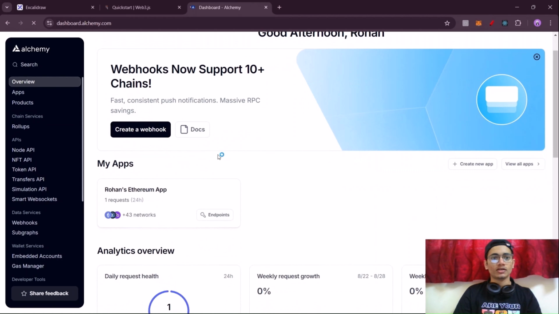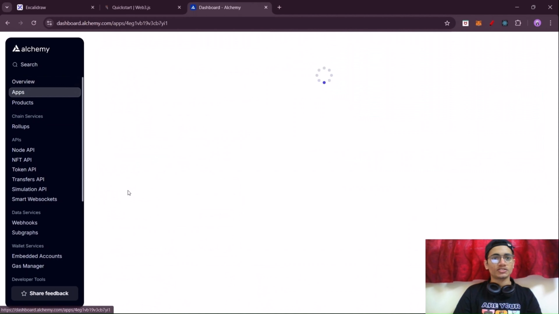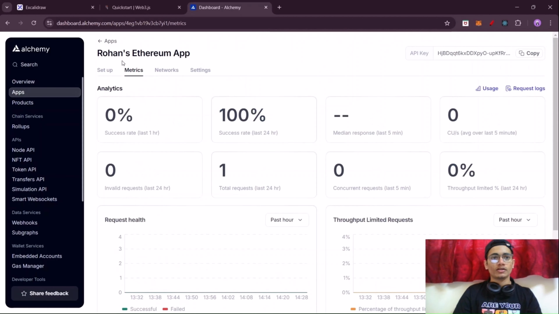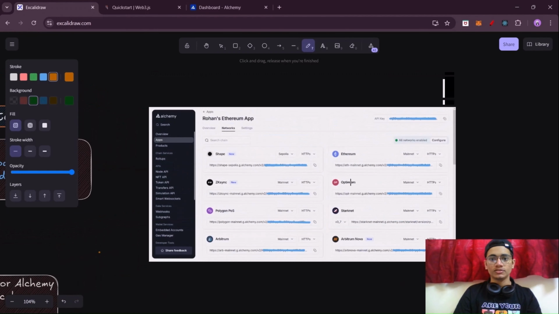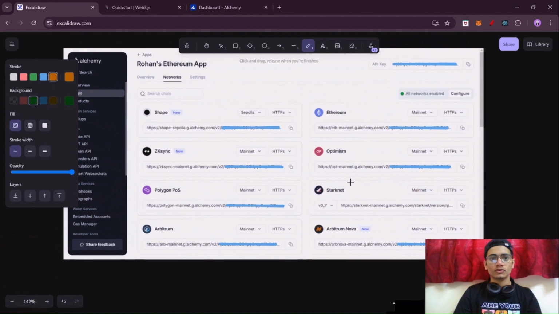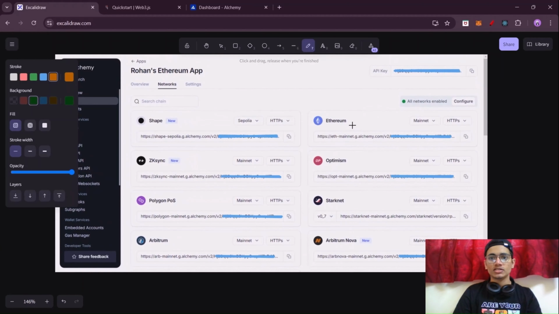Make sure you sign in, and here's the my app section. When you go to networks, you will see an interface something similar to this, where you can see Ethereum and mainnet. You can copy the link from here for mainnet, or you can use the testnet link. I've just copied the mainnet link, and once you got that,